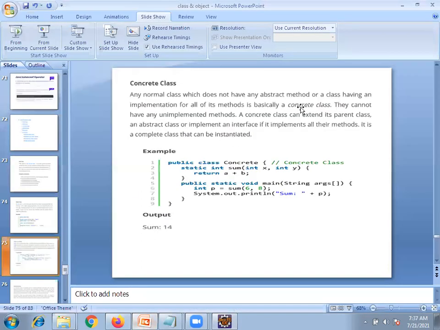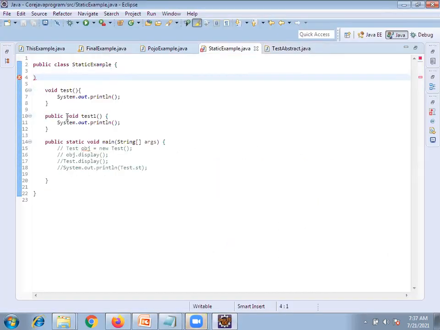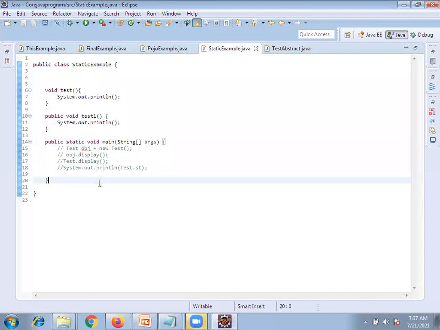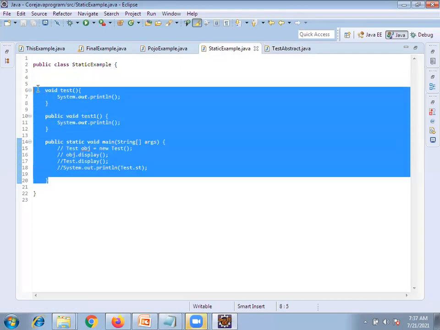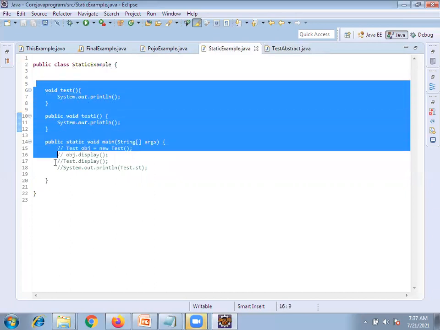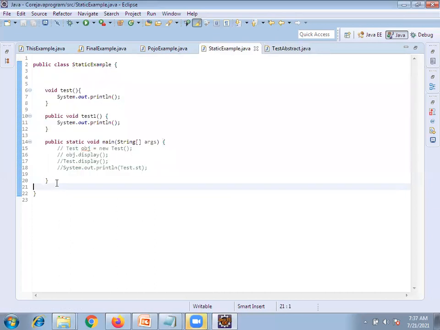A concrete class does not have unimplemented methods. An unimplemented method means we just use the at the rate override method and don't do anything. So you can simply remember a concrete class as the class which does not have abstract methods and all of whose methods are implemented.